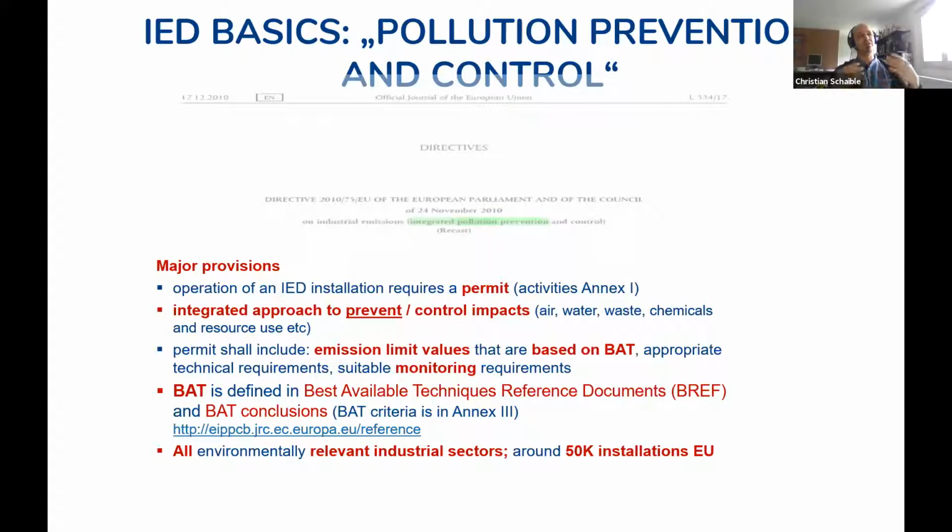So it's not just about emissions, because if you look at the term industrial emissions, it's actually integrated pollution prevention and control. And it looks at all the environmental media, except the climate one. And I will go more into substance in this one later. The approach is first to prevent. So you prevent impacts, and where not possible, where not technically or economically viable, you then reduce the impact to a reasonable level. And I will go more into the BAT definition then.